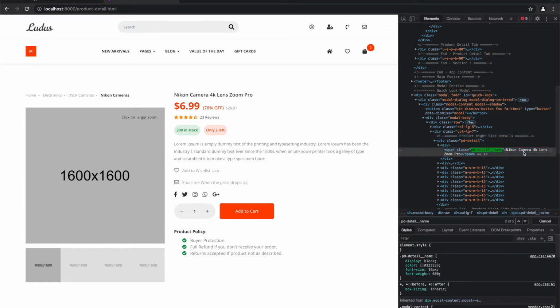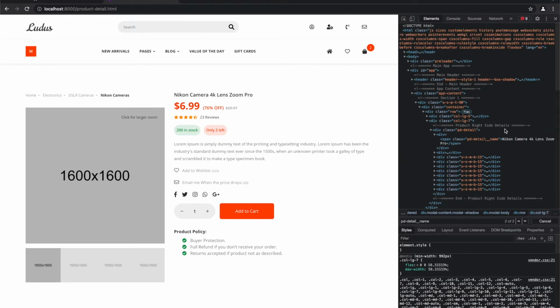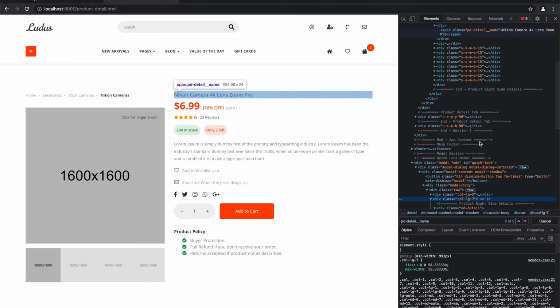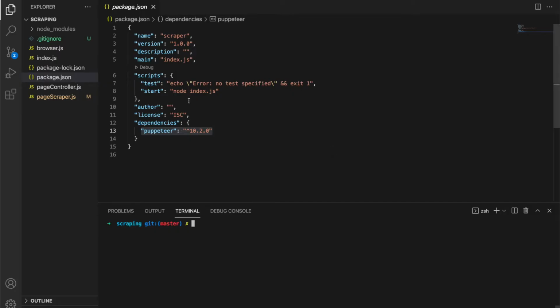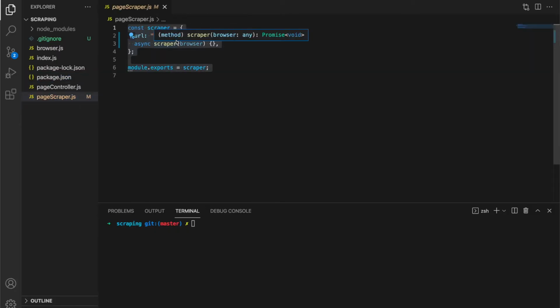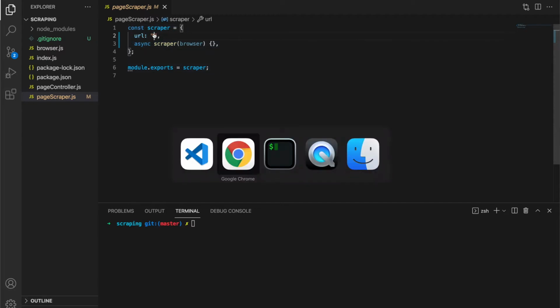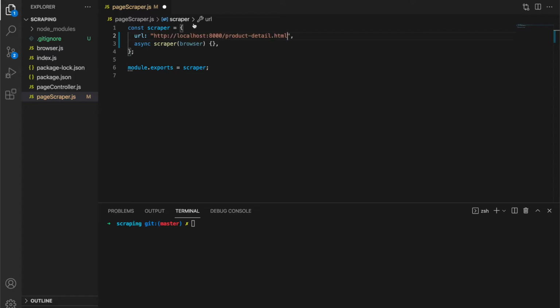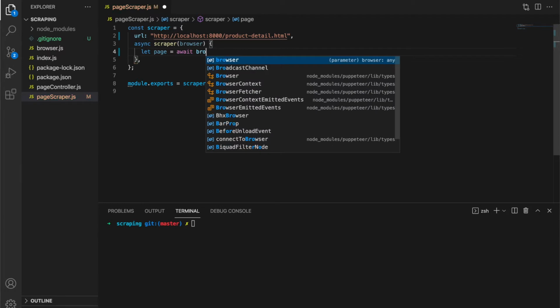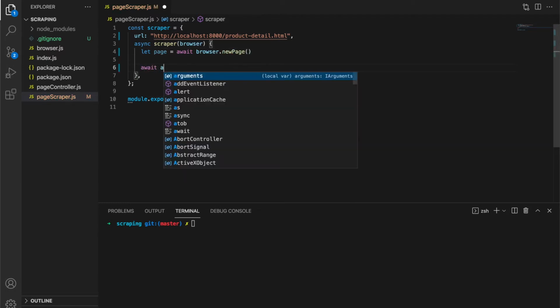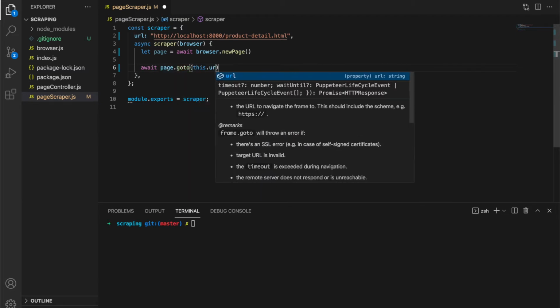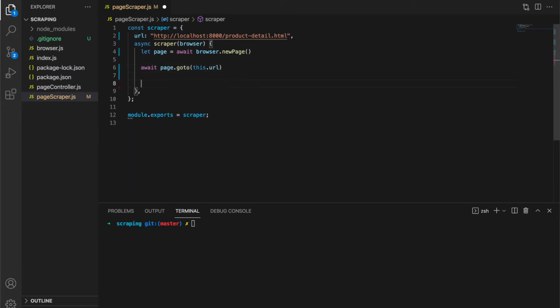We see that it has the same title, but by default, if you don't specify otherwise, it will grab the first occurrence that it finds. So let's try to do that. Let's head down to pageScraper and then define the URL that you'll be scraping. In our case it is this one, and then let's define page, say await browser.newPage, and say page.goto this URL, which we defined in the section above.